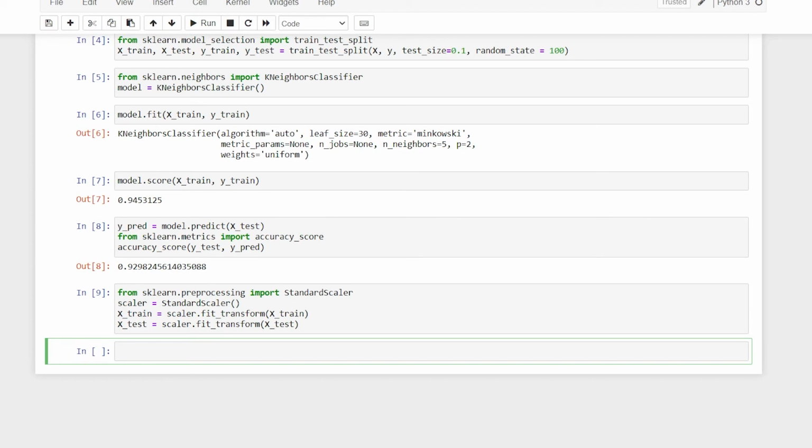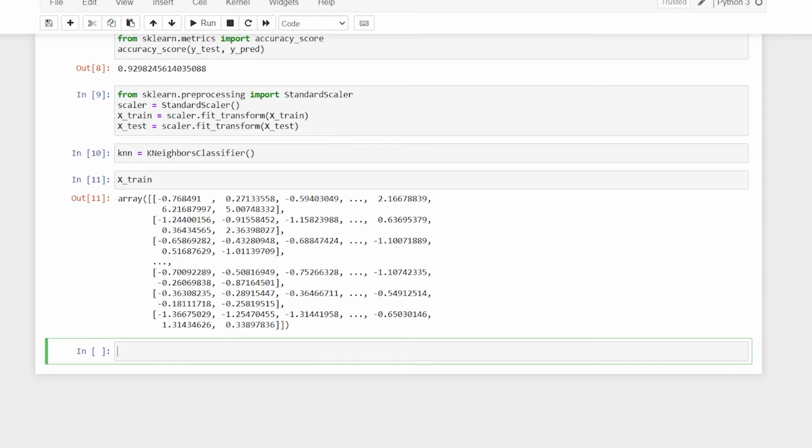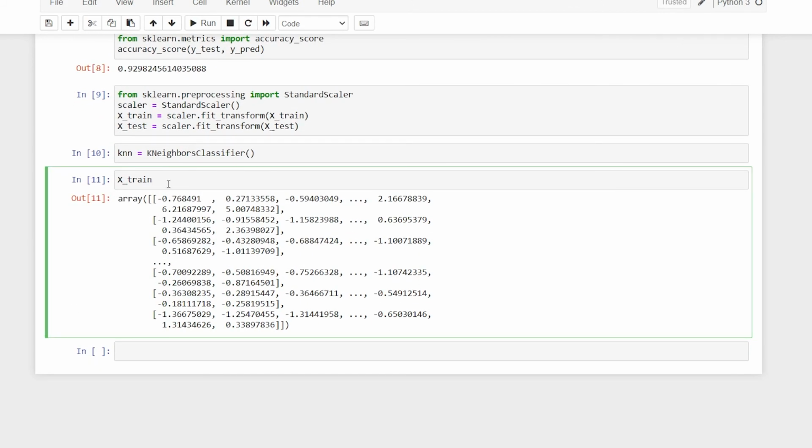All right, and now I'll just make a new object, a KNeighborsClassifier. Then I'll say knn dot fit. First let me check my xtrain, and I have it. So all of these values are being converted using the z-score, the z statistic.